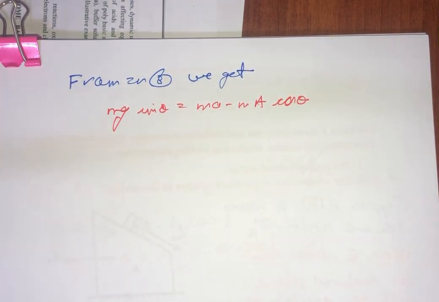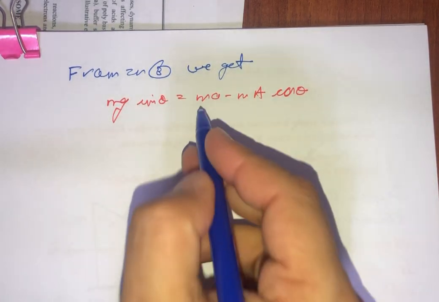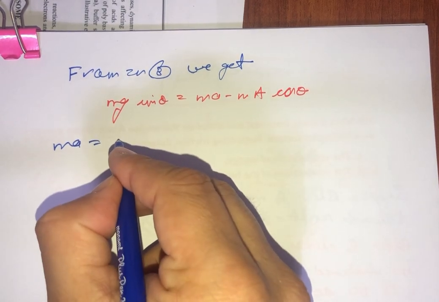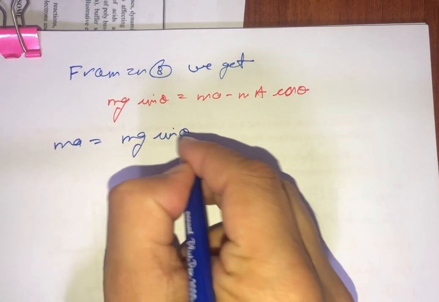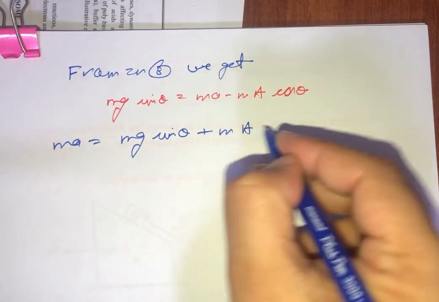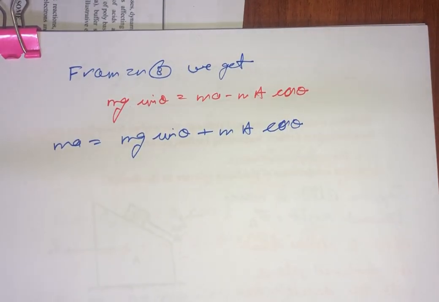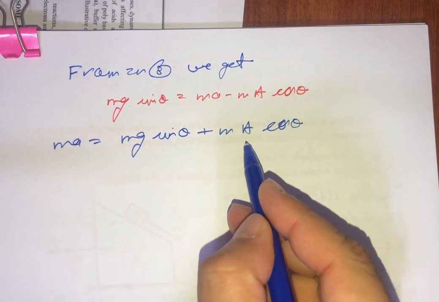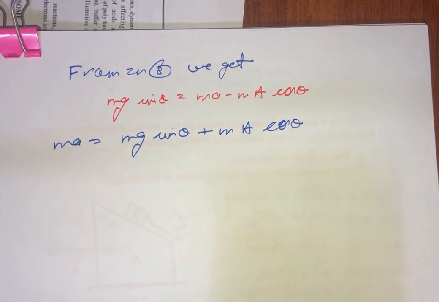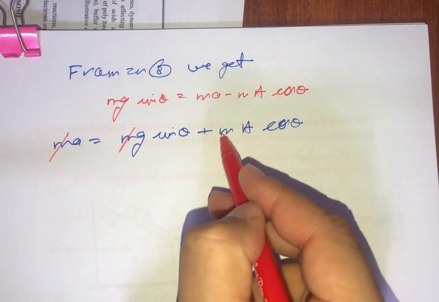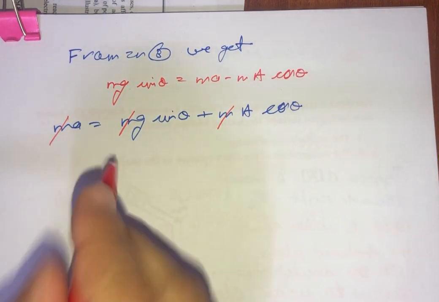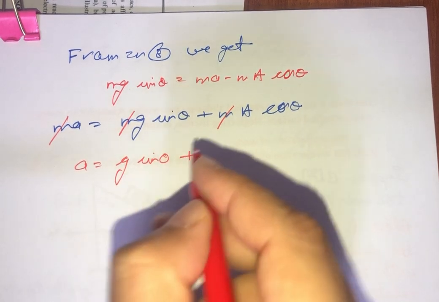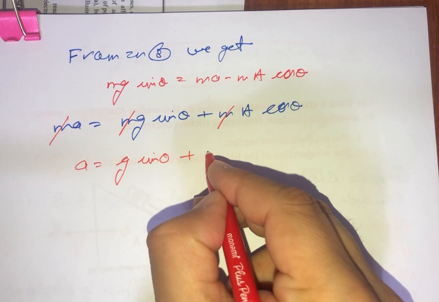From here we can find out ma is equal to mg sin of theta plus MA cos of theta, and we already know value of capital A, and from here we can clearly cancel out small m. We can say that a is equal to g sin of theta plus capital A, which was our mg cos theta sin theta,